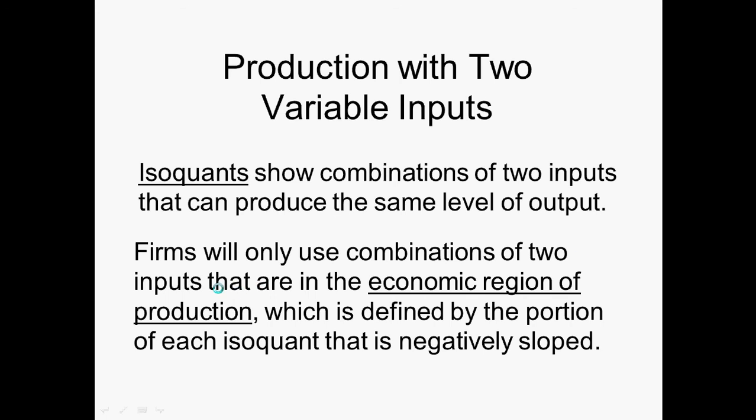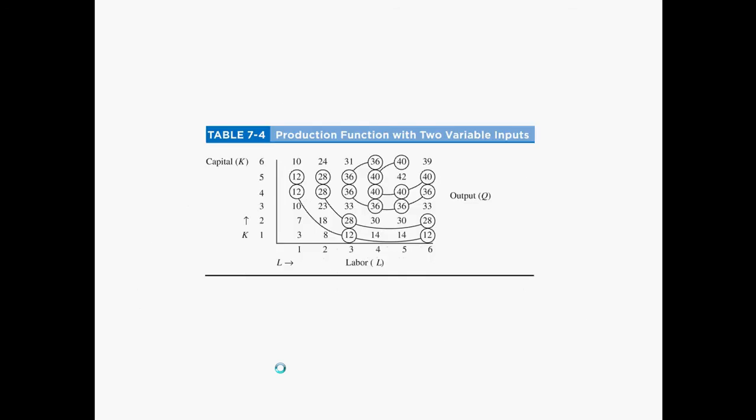Firms only use combinations of two inputs that are in the economic region of production. You'll see what that means. It'll be pretty obvious once you see it. Each isoquant is negatively sloped. Here we draw isoquants in the table that we had before. We're interested in when we see the same values: 12, 12, 12, 12, 28, 28, 28, 28,